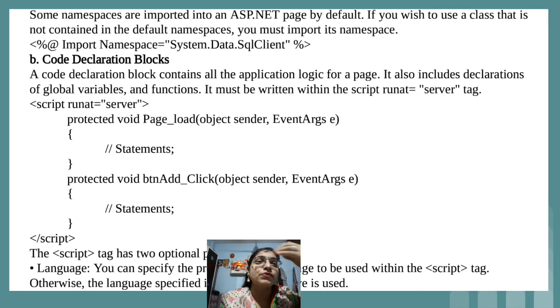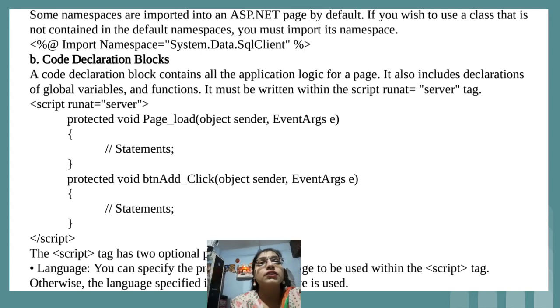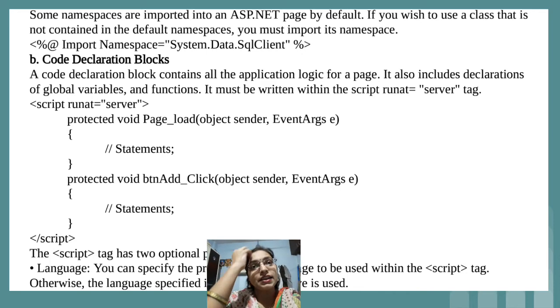In place of page we have to make use of the keyword import. In the page directive we are having one parameter, that is the language parameter. Similarly in case of the import directive we are having namespace as a parameter. Namespace equal to, within double quotes, just write down the namespace which you want, like System.Data.SqlClient. So there are two directives which are available, that is import and page directives.